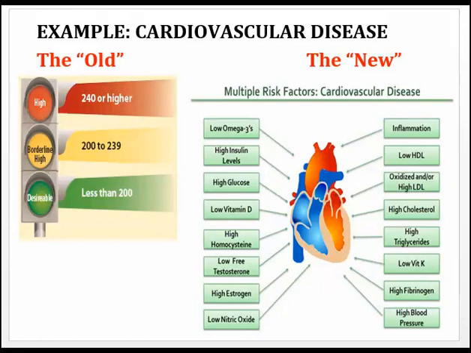When we look at cardiovascular disease, which is another great example of the old paradigm of treatment compared to the new paradigm, we can see that the old paradigm is really just based on the cholesterol model, right? If your cholesterol is elevated, there is a correlation with cardiovascular disease. So we screen somebody for cholesterol, and if they have high cholesterol, we put them on a statin medication to lower it. And that's about it, right? Maybe we'll look at their weight and whether or not they're smoking, as some of the more common factors that interplay with cardiovascular disease. But in essence, that's how we look at it.